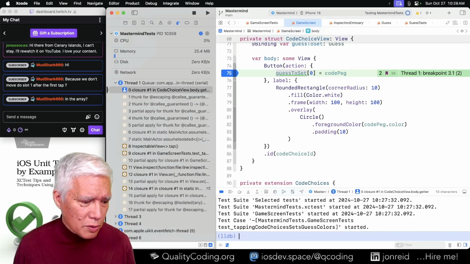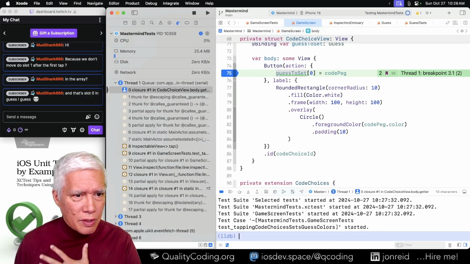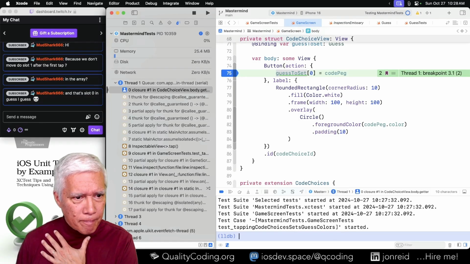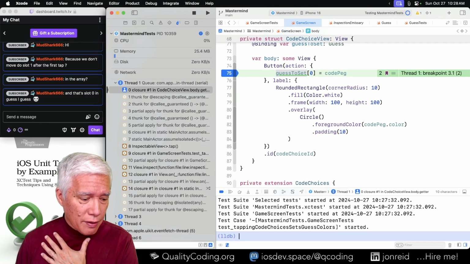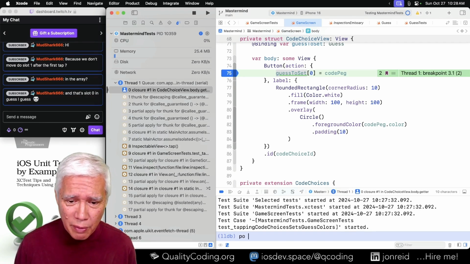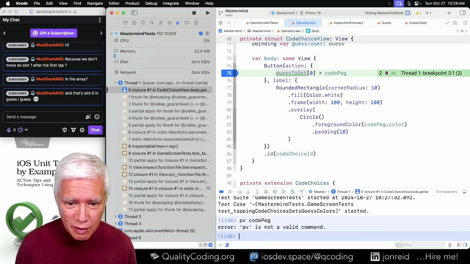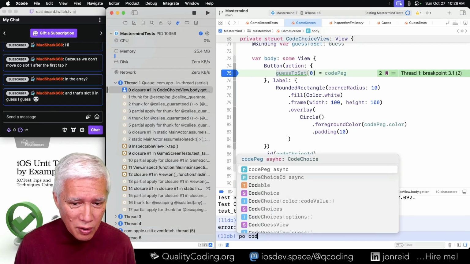I'm so old school, and I don't use the slot 0 in guess, I guess. I'm still used to doing PO in the Xcode debugger, print object, even though I think there's a print value. Let's see. Nope. There is a P, but that tends to be pretty raw.